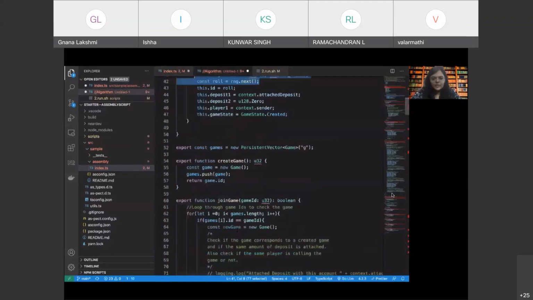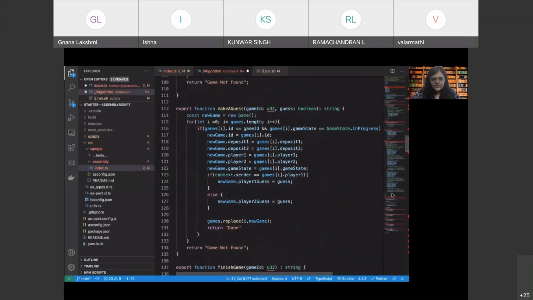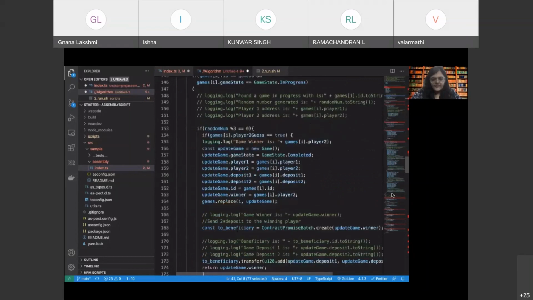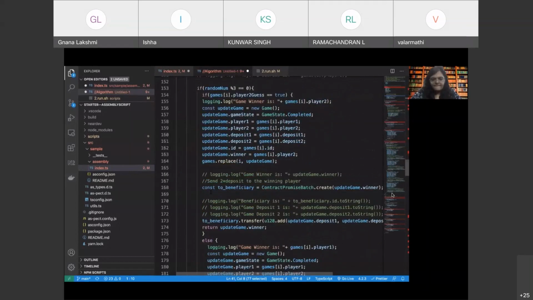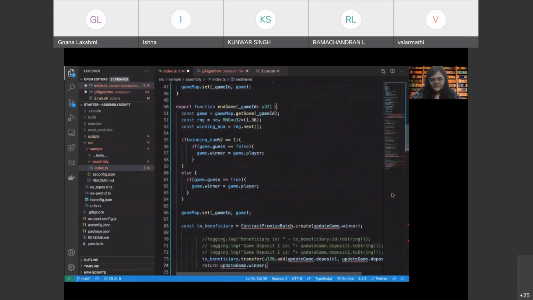Let us take the help of this previous contract, right? All right, I'm going to copy this. I will explain this code in just a bit. This log is not necessary.